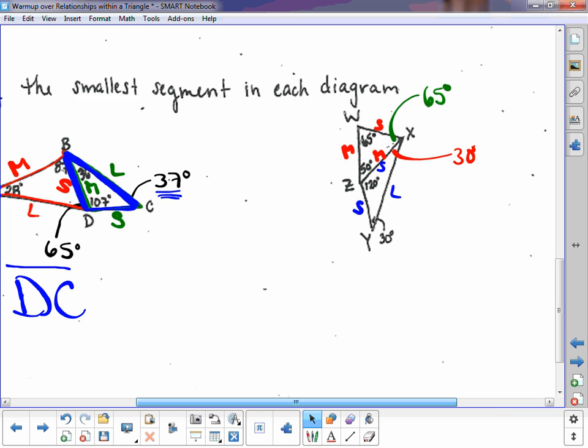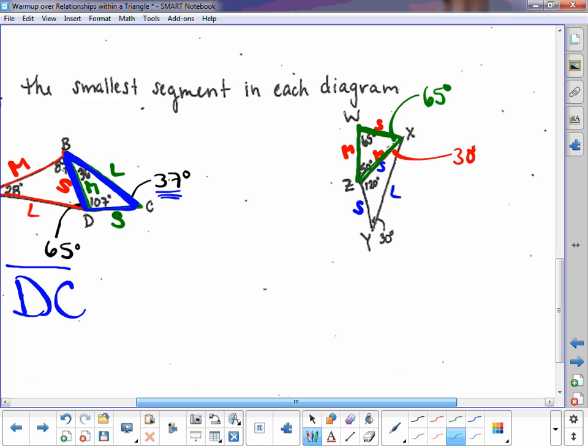Now, since these are the same lengths, I want to go ahead and use the triangle that compares both smalls. So this is my small in my top triangle. Now both of these are smalls of the bottom triangle. I'm going to go ahead and use this one. They're the same side lengths. So since this one is contained within that same triangle, I'm going to choose to use that one to